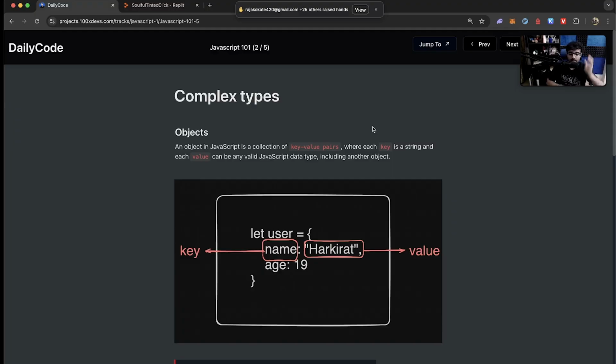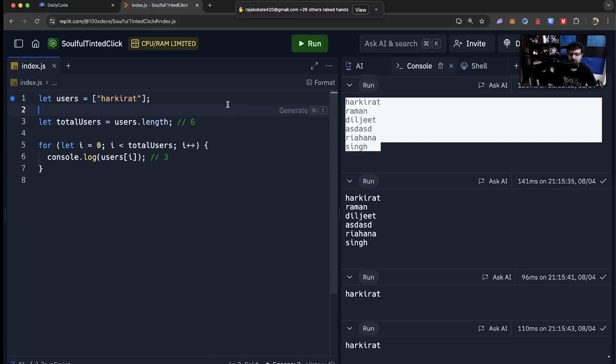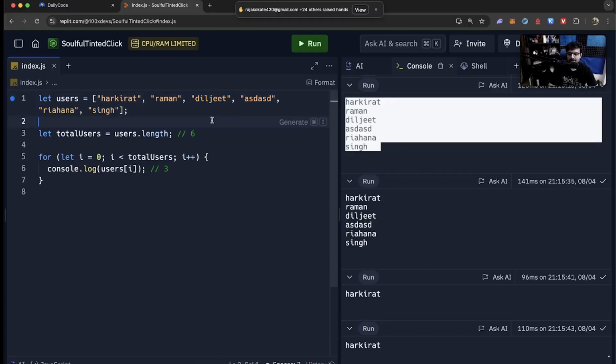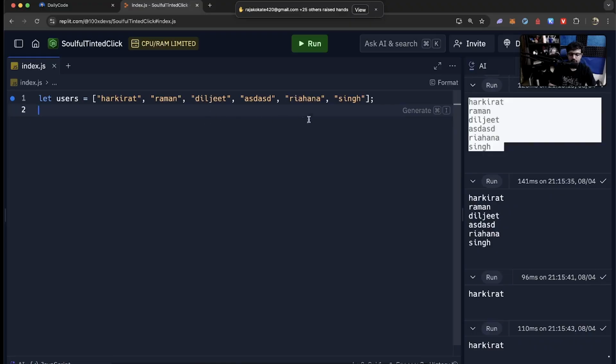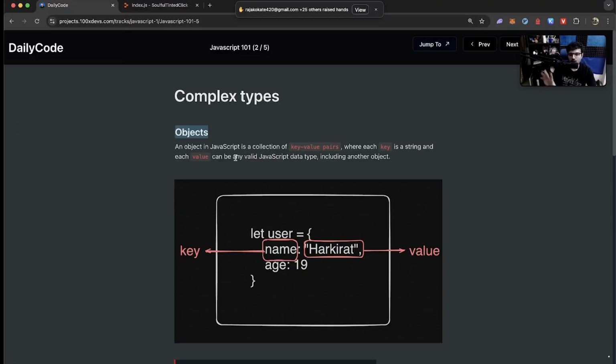All right. Complex types are types that aggregate more than one data. Array is a good answer for this. What are arrays? Arrays are a complex type. They let you aggregate, basically store multiple values rather than one. I have 1, 2, 3, 4, 5, 6 values in the same variable. That is good. Objects let you do something similar. If you've heard of maps in Java or maps in C++, similar to that.